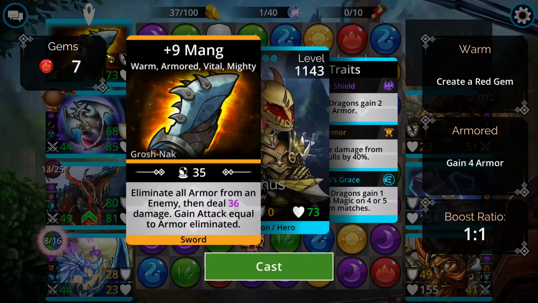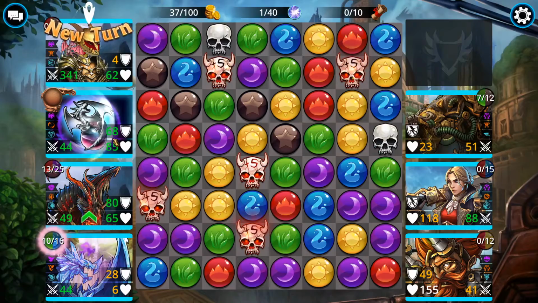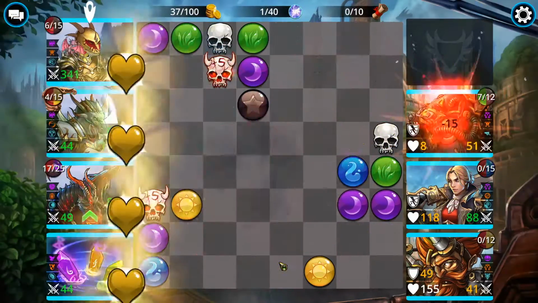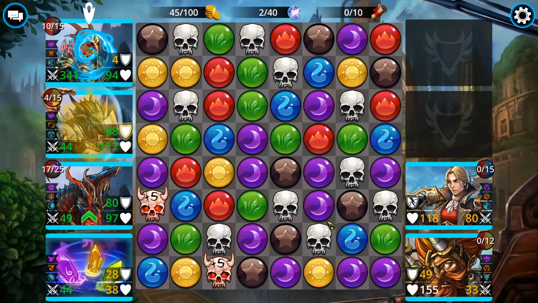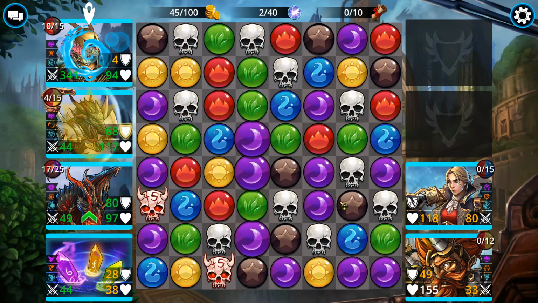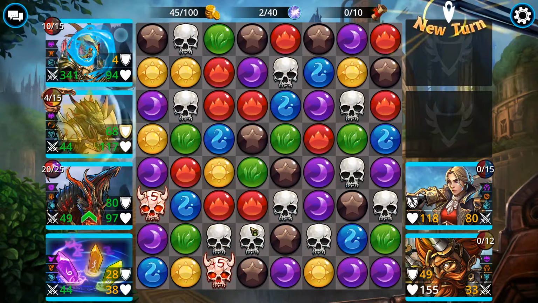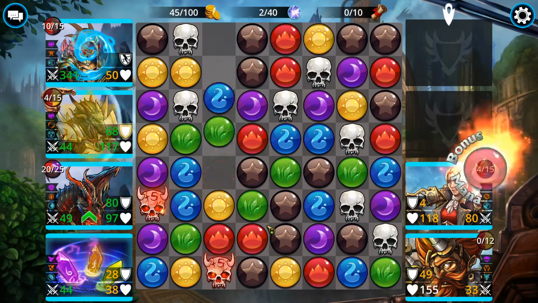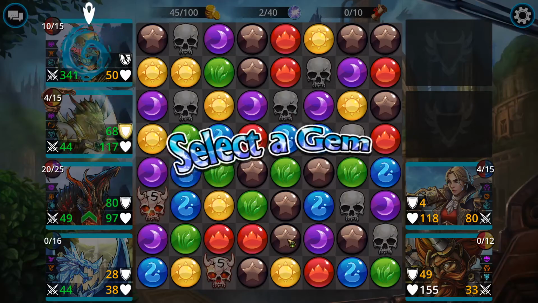I'm going to go ahead and cast another spell. Cast my Divinia. Great, I got an extra turn off a Skull Gem. And now I'm going to grab that extra turn. And I don't have any Skull matches, so let's see here. Yeah, I think I'll match that purple. Oh! Sometimes that happens, and you don't foresee the future, so...